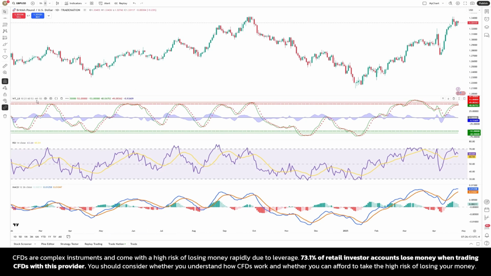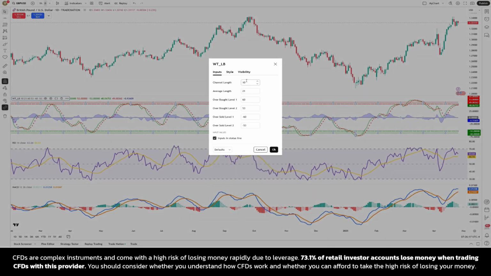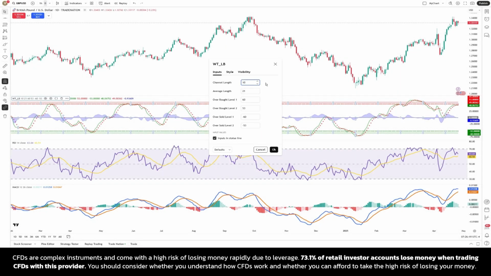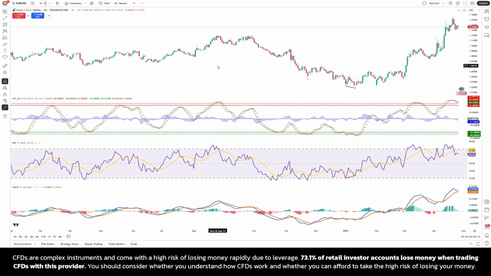Traders can customize the WaveTrend Oscillator's settings based on their trading style. Short-term traders may prefer shorter channel lengths for quicker signals, while swing traders and investors might select longer periods to capture broader market moves. Advanced traders often apply additional signal filtering techniques, such as price action patterns or divergence identification,